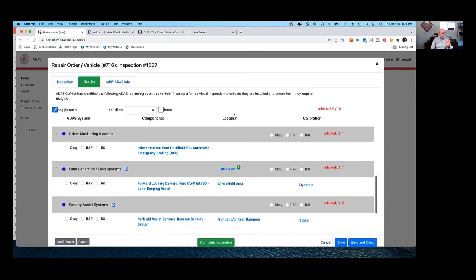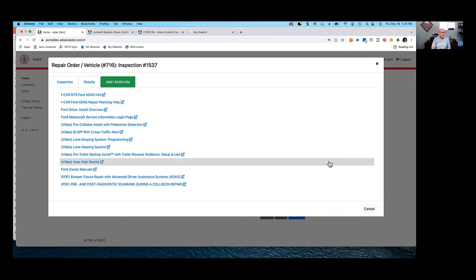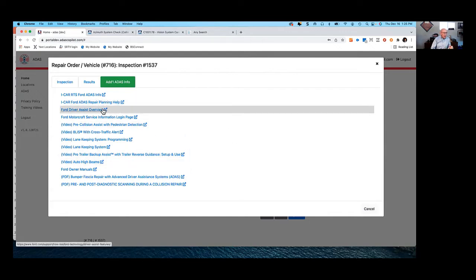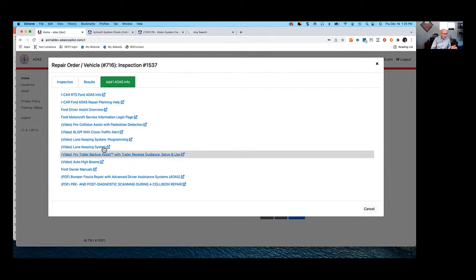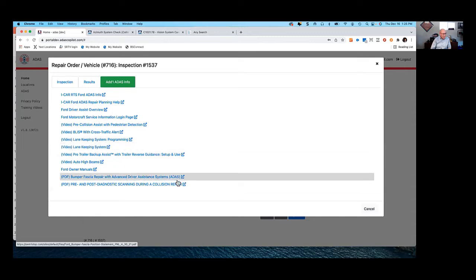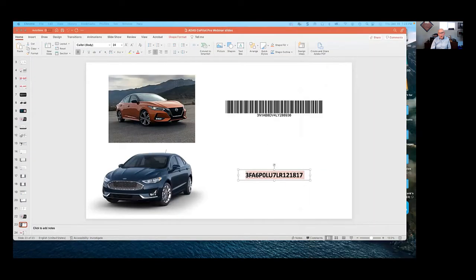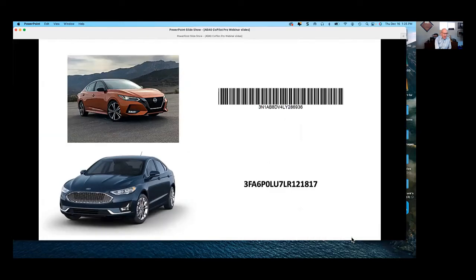And again, like the phone app, we give additional information related to Ford's ADAS components and calibration requirements. You can see here RTS, driver assist, videos, as well as position statements and PDFs. So that's the overview of the web portal and how it works, and the phone app and how it works.